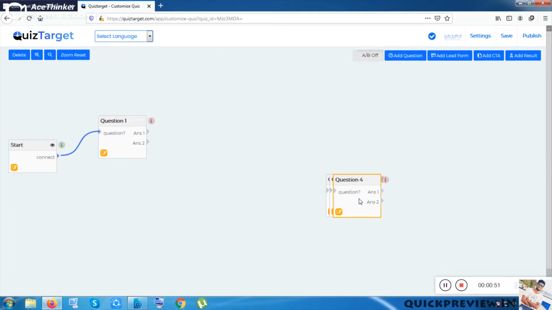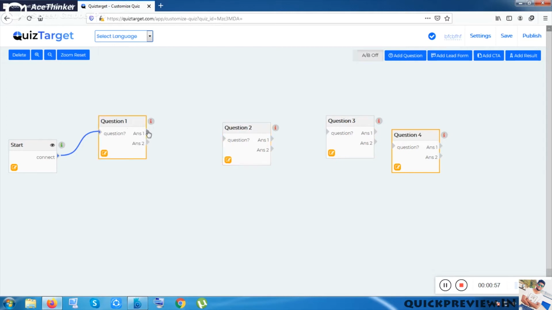As you can see, there are already 2 questions given, and you can add your questions easily. So many quiz questions, and you can just place them as you want. After placing them, you can just connect them easily by doing these 2 clicks.